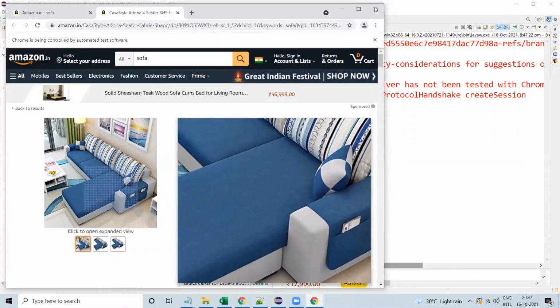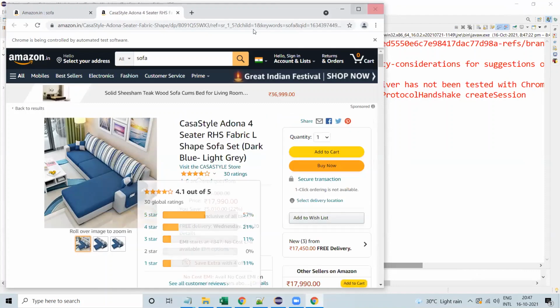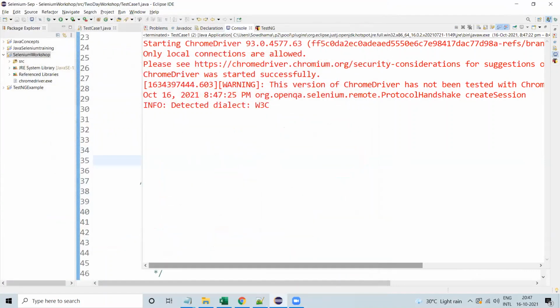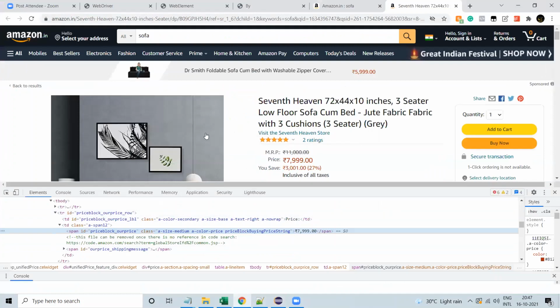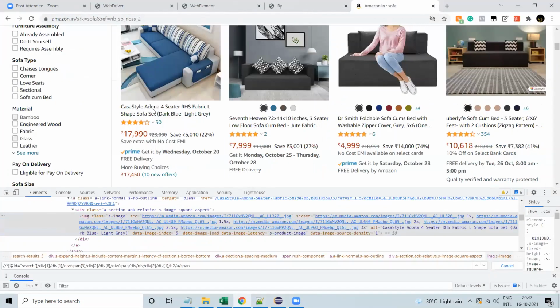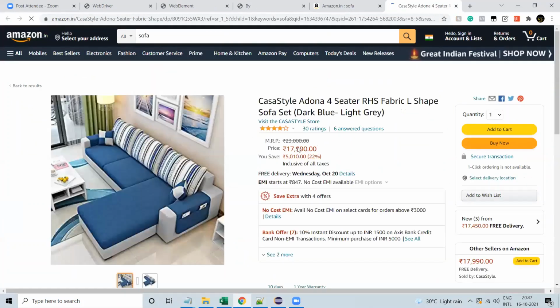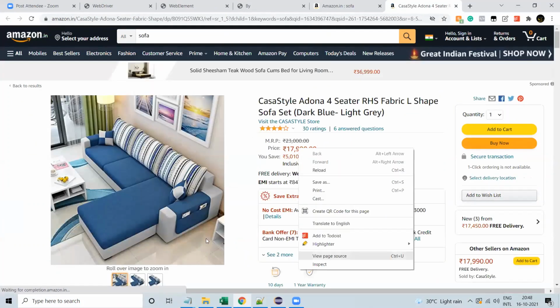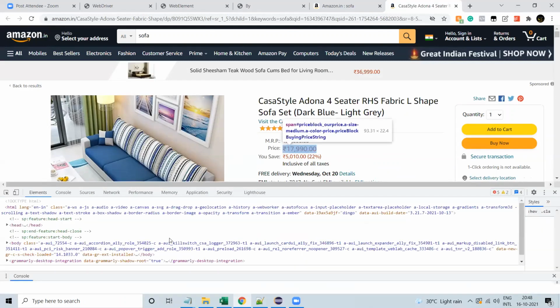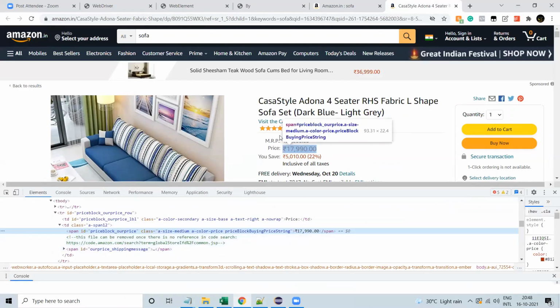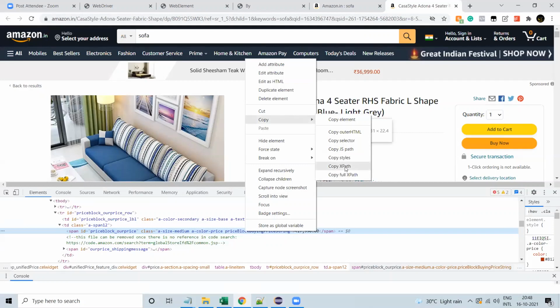Now this window is opening. I'll check the price and copy the XPath.